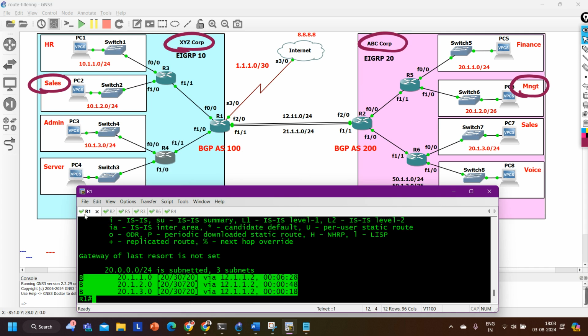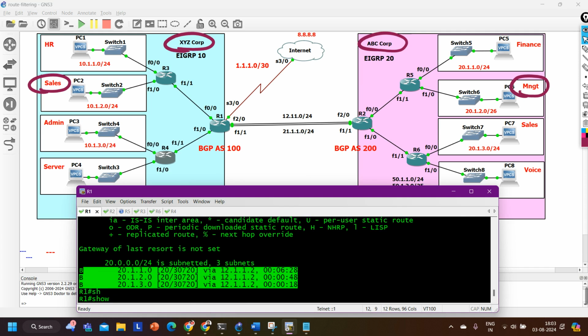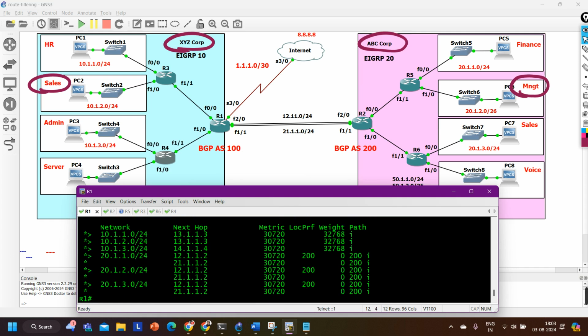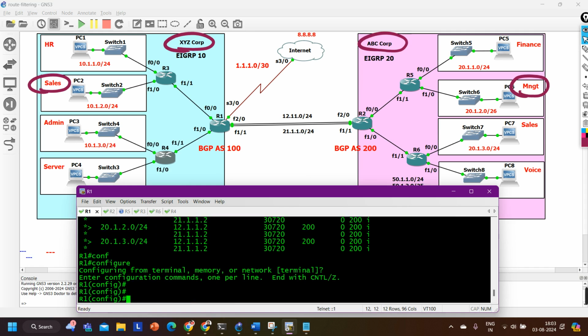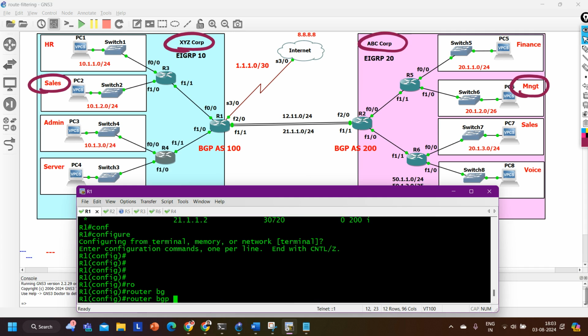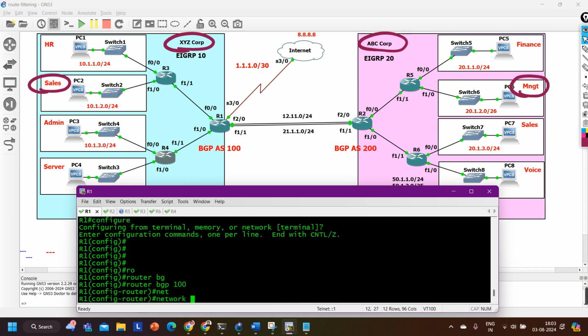So we have not, I think, advertised 4. Yes, we didn't advertise the 4.0. So in show IP BGP, yes, you can see 4.0. So we need to add one more network command here: router BGP AS number 100 and network